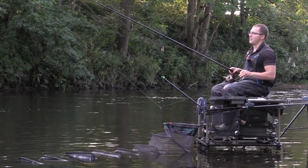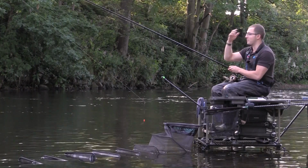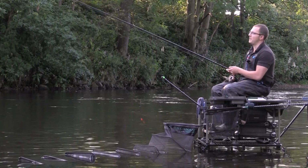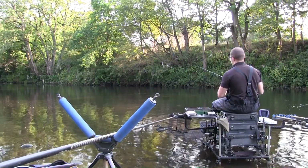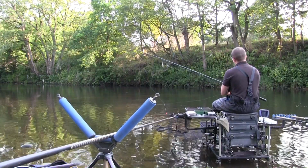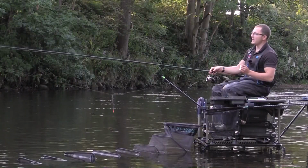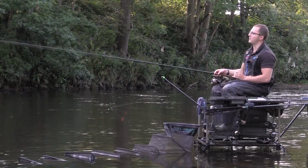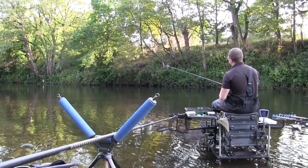So I've had a good plumb around there, and crucially I've picked an area, which is something that I'll cover now because it's worth mentioning, is how I'm fishing the peg. Basically I've set myself up bang in line with a far bank mark, so I'm aiming myself, as you can see, on the box downstream, so it's nice and comfortable. Dead in front of me is where I'm going to be loose feeding the bait, and then the area where I'm catching is probably about 20 odd yards downstream from that,